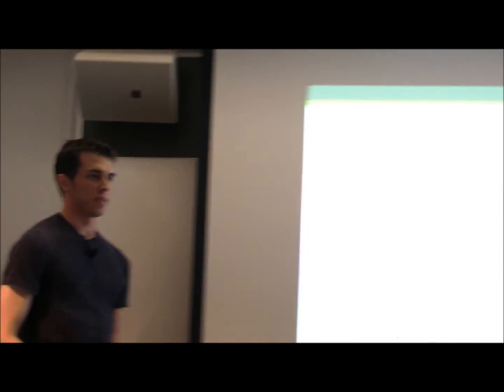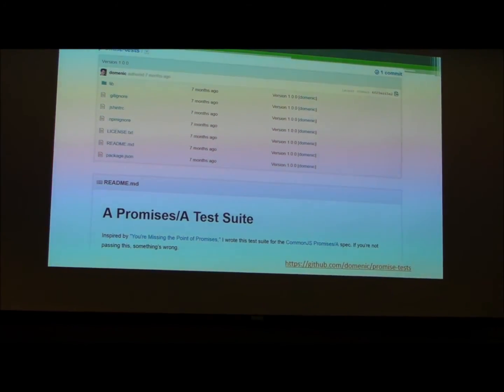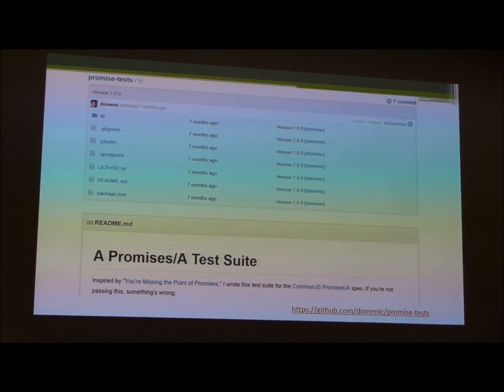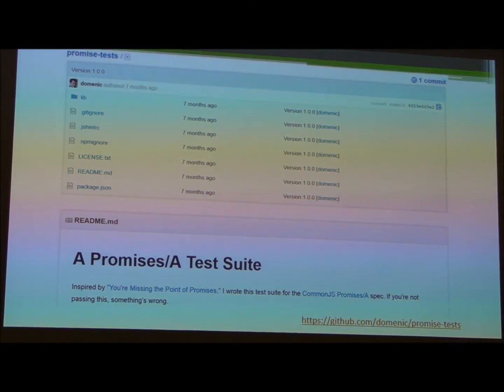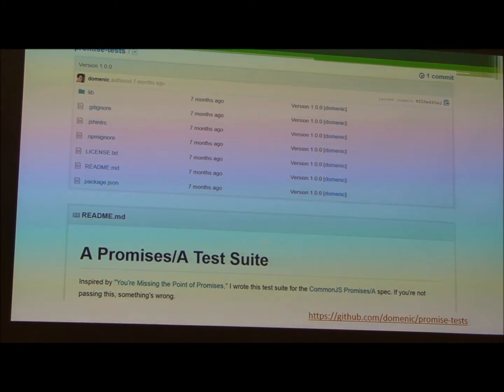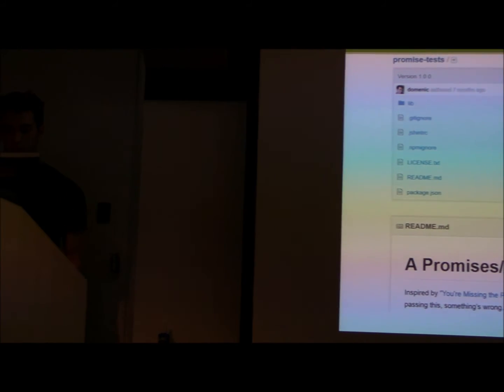And at the same time, one of the main maintainers of Ember.js, Yehuda Katz, also of Rails fame, got in touch with me. He's like, whoa, yeah, no, it wasn't my pull request. I want good promises. Let's do this right. So he went off and created an implementation called rsvp.js, which is actually one of the first passing implementations of the promises A test suite.